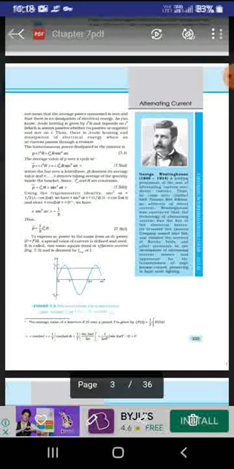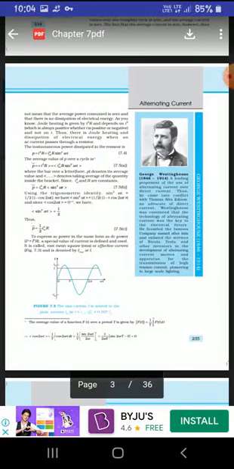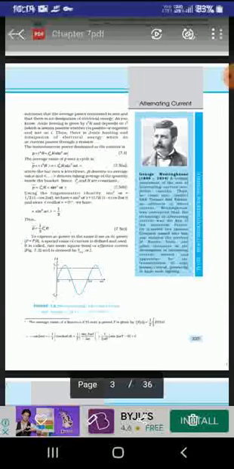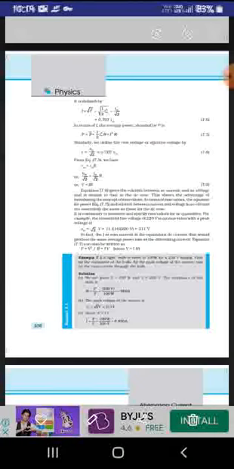The power dissipated in the resistor is P is equal to I square R is equal to Im square R sin square ωt, and on average we get P is equal to 1 by 2 Im square R. To express the AC power in the same form as DC power, P is equal to I square R, we write a special value of current defined and used, called root mean square, or effective current, denoted by I rms or I. So it is defined that I is equal to